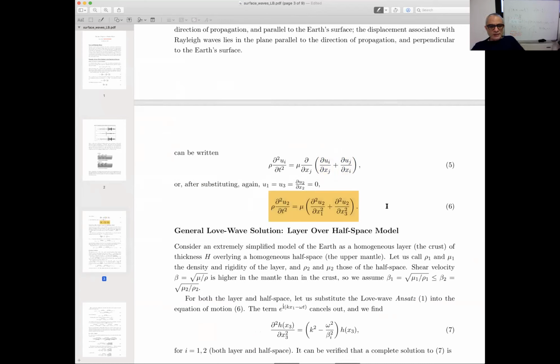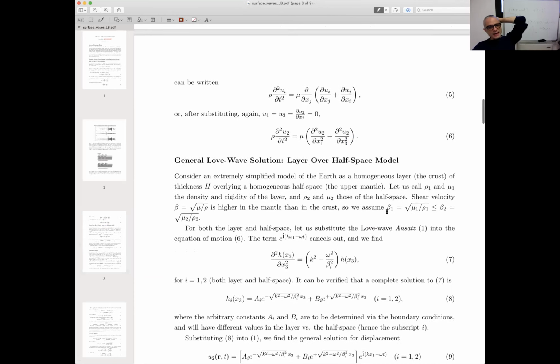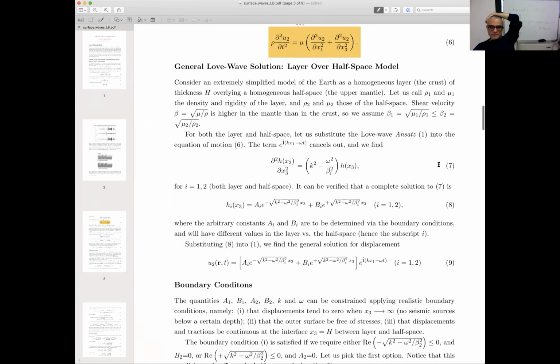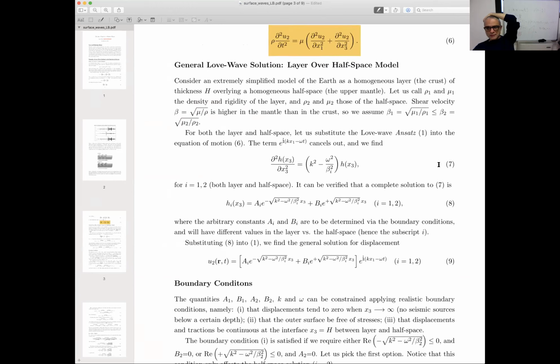So the other equations for u1 and u3 are irrelevant because u1 and u3 are identically 0. And we are left with one scalar equation determining the only non-zero component of displacement. Okay, the next step. Is this okay so far? The next step would be to